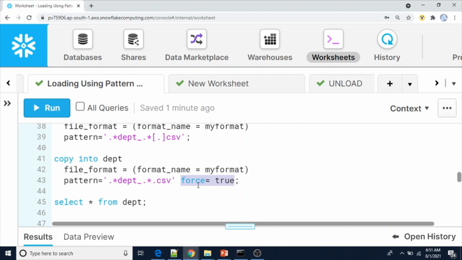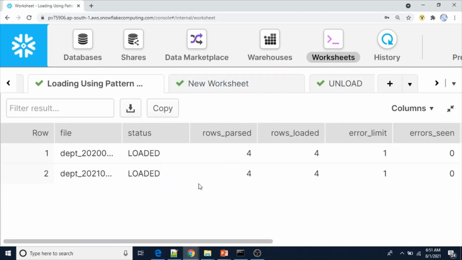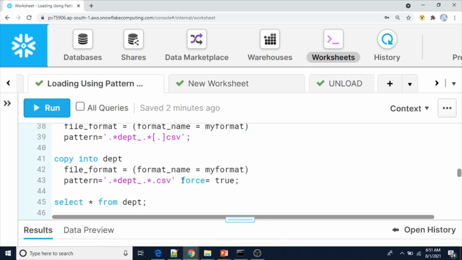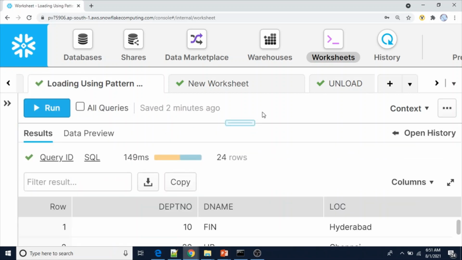Or else, if you don't want to use force, you can just truncate the table and load again without force equal to true. See, again those 2 files have been loaded.